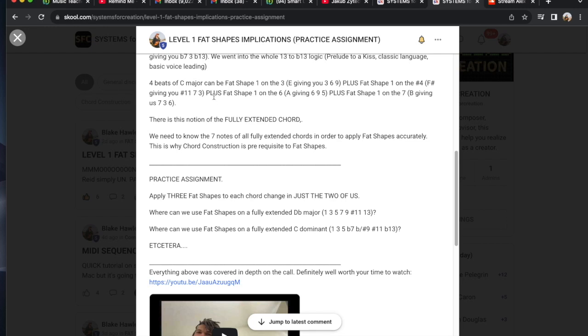You guys ever thought about this stuff? Fully extended chord logic, right? Don't forget the fully extended chord. I'll make some videos on this, but this is so misunderstood. You can't even achieve any level of harmonic fluency unless you're thinking about chords in terms of their fully extended form always. In general, never not doing that.